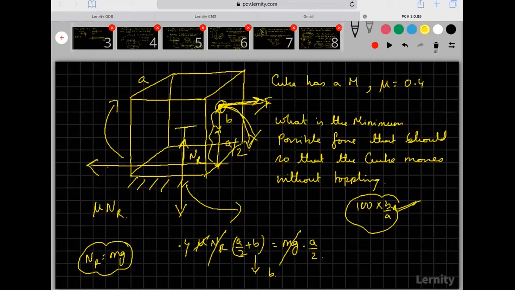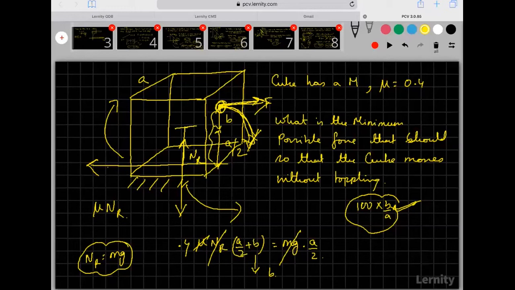The question is that there is a cubical box of side a on a rough floor, which is to be moved by applying the minimum possible force at a point b above the center of mass. Because it is minimum possible force, the body is being moved such that there is no toppling. So if there is no toppling, I'm assuming there is equilibrium about any point. Now I need to find out b.